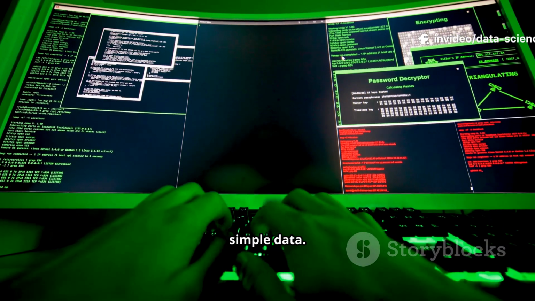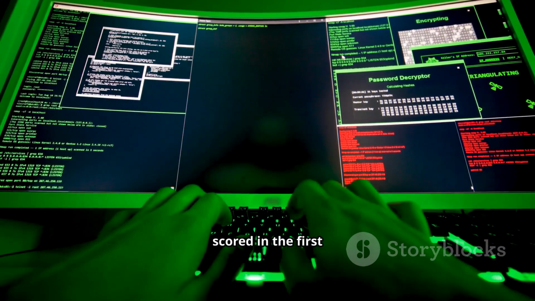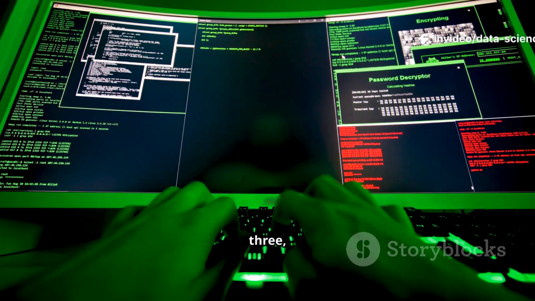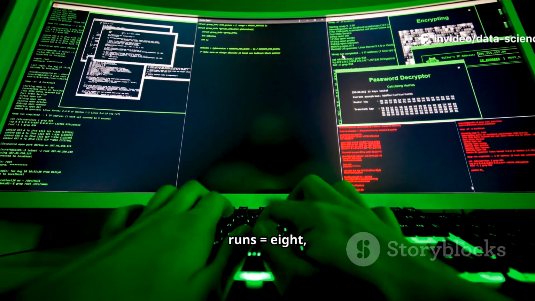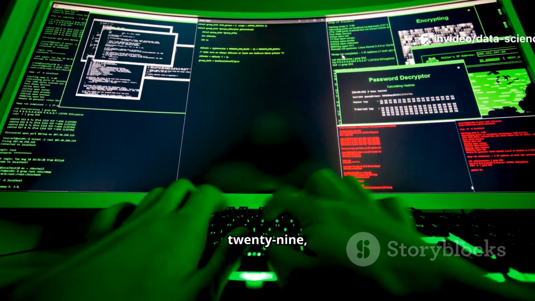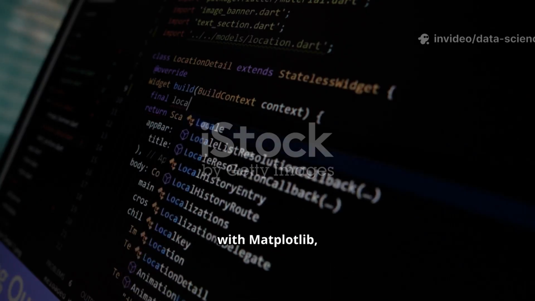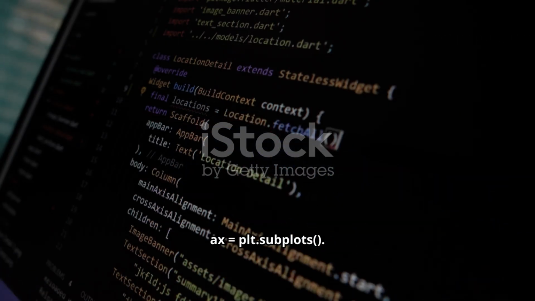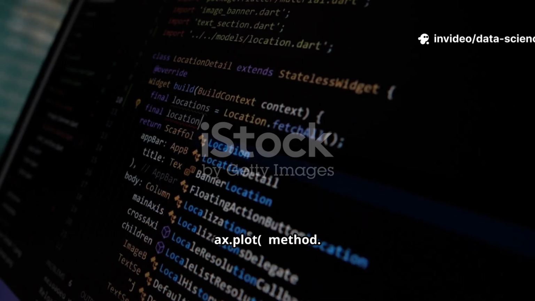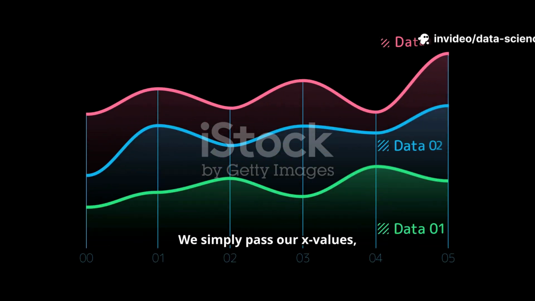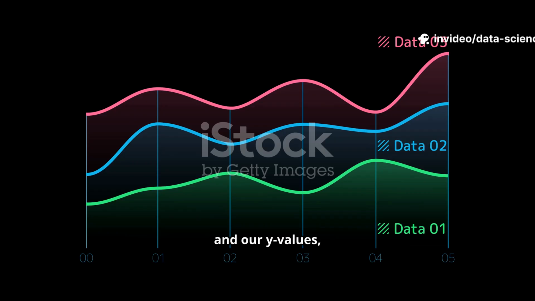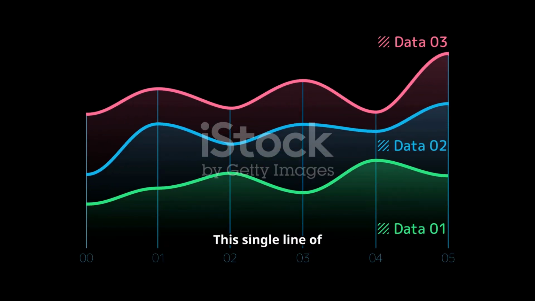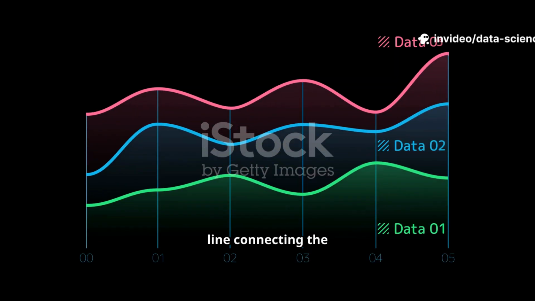Let's imagine some simple data. Suppose we have the number of runs scored in the first 5 overs of a T20 match. Overs = 1, 2, 3, 4, 5. Runs = 8, 15, 21, 29, 38. To visualize this with Matplotlib, we first set up our plot as before, fig, ax = plt.subplots. Then we use the ax.plot method. We simply pass our x values, which are the overs, and our y values, which are the runs, to it. ax.plot(overs, runs). This single line of code tells Matplotlib to draw a line connecting the points defined by our